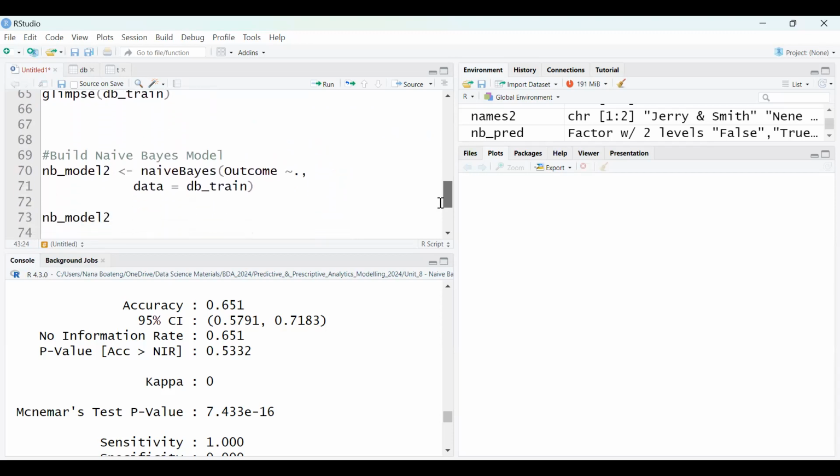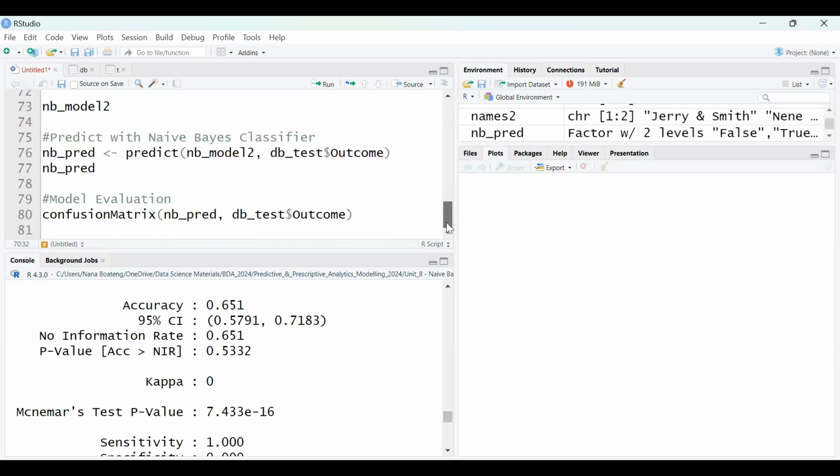We are using all, that's why we have the dot here. No, down in the prediction. Go down a little. Yeah, the predict. You said predict NB model 2, on the test data, and then you specified only the outcome field instead of using the whole. Yes, because that is the